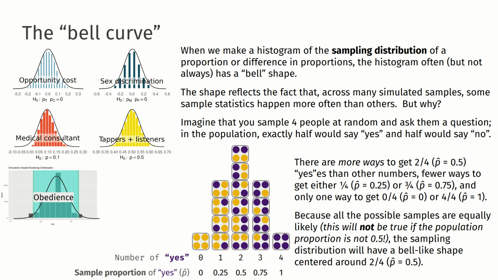And because all of these possible samples are equally likely, now this isn't going to be true, as we'll see later, if the population proportion is not 0.5, but because each of these possible outcomes, all these different arrangements shown in the table, are all equally likely, this sampling distribution has a bell-like shape, as you can kind of see, and it's centered around 2 out of 4. So to generalize that to what we have been doing so far,